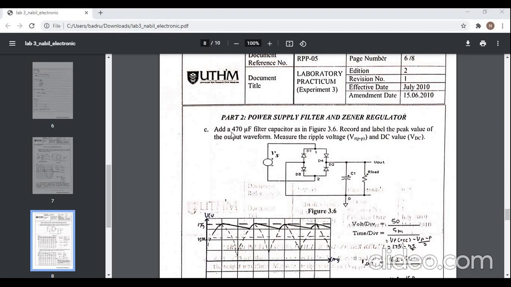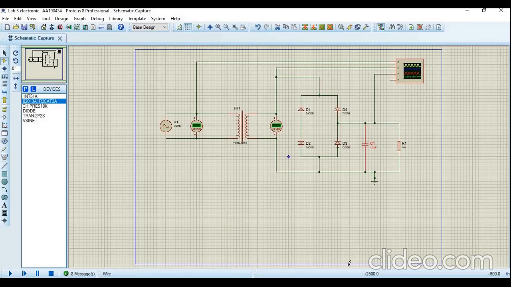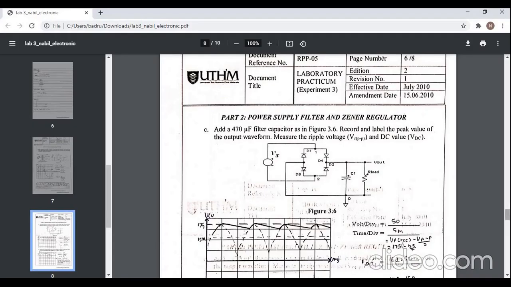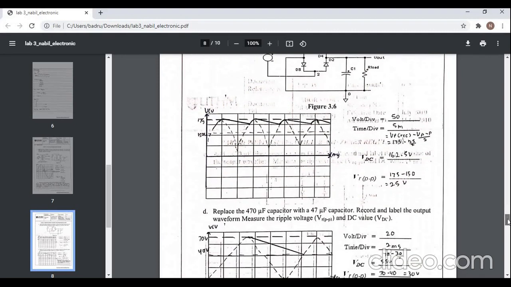Jadi untuk bahagian 2 ni kita tambah kapasitor iaitu 470 microfarad, dan dekat Proteus saya sudah tambahnya di sini. Selepas itu kita akan tukar nilai kapasitor ni kepada 470 microfarad. Selepas kita tukarkan nilai, kita akan run. Selepas itu kita punya digital oscilloscope kita akan menunjukkan nilai apabila kita sudah betulkan setting untuk soalan ini. Selepas kita adjust nilai di oscilloscope, kita teruskan dengan